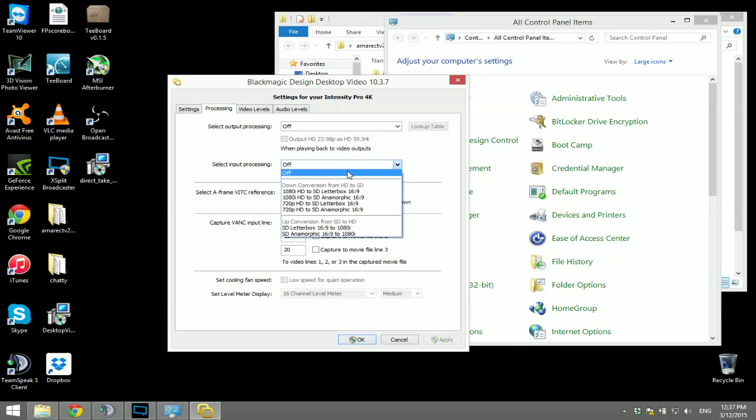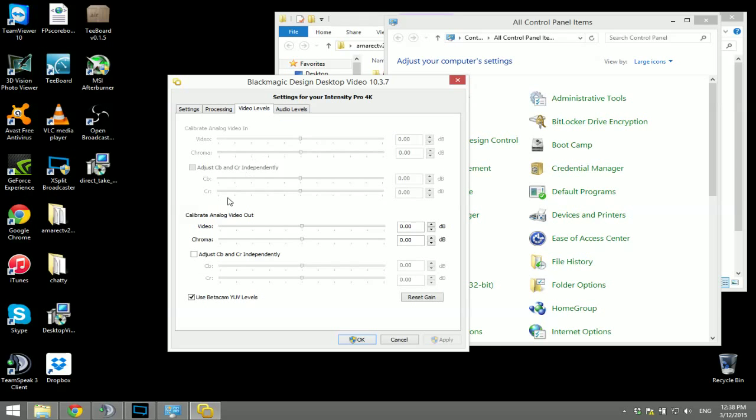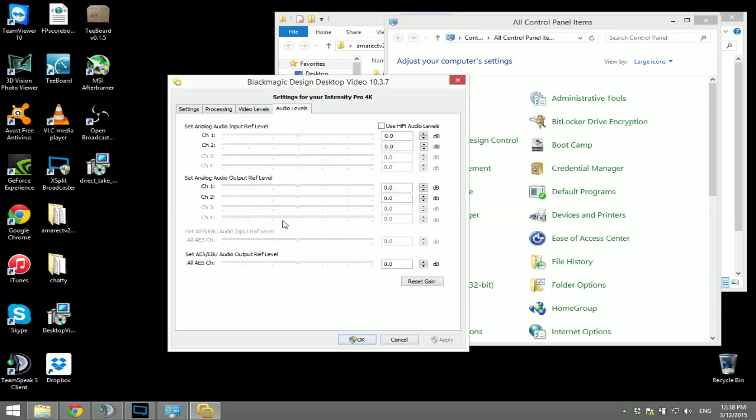And then same with the input, you can take something that's 720 and make it an SD anamorphic 16:9, things like that. And then you have your video levels that you could set, the audio levels that you could set and whatnot, which is all great and everything, but again,